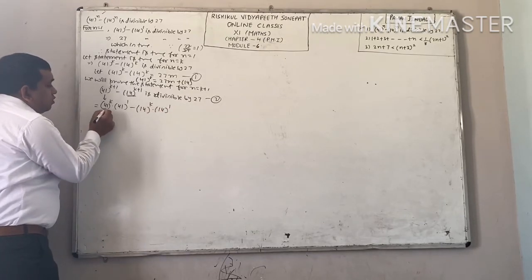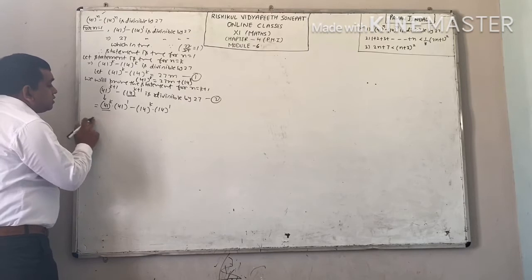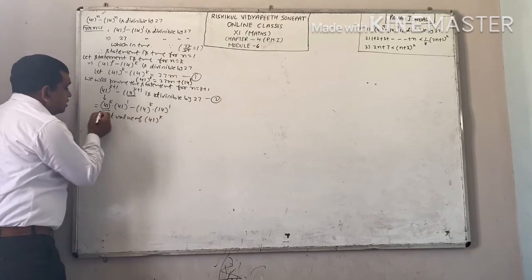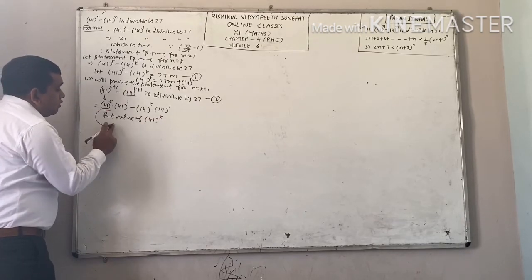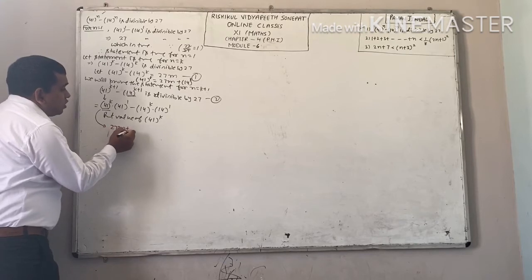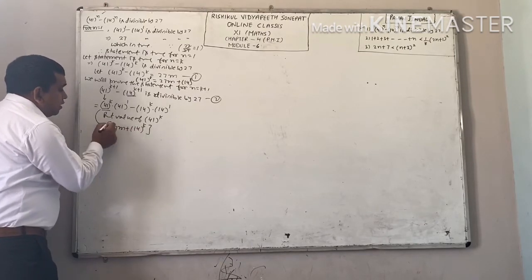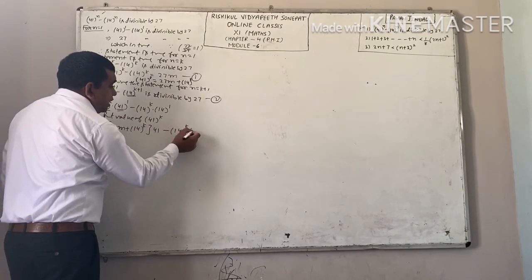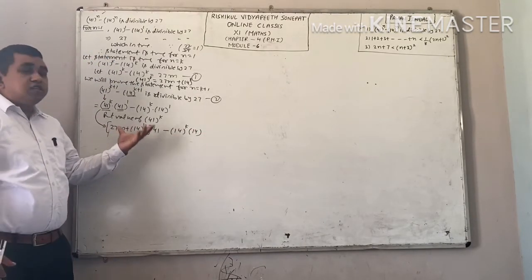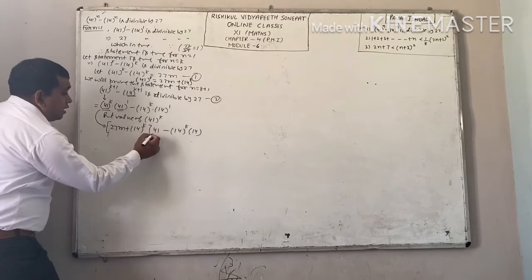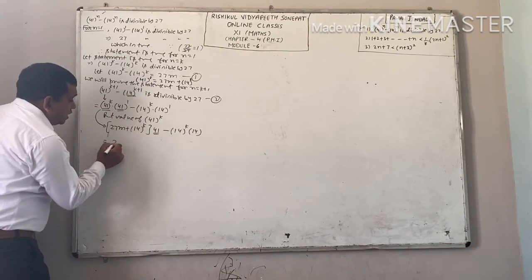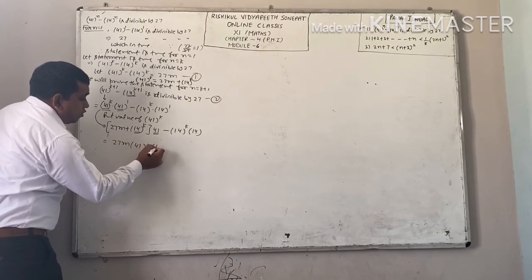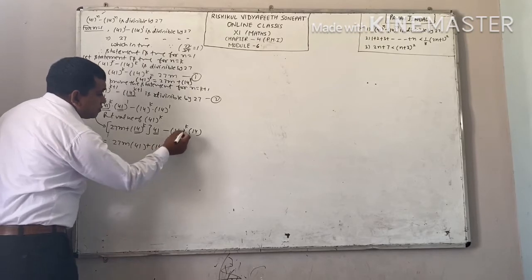Now put value of 41 raised to power k. See what you get. See what it will be. This is your 27m plus 14 raised to power k. This 41 as this, minus this as this. And remember one thing, we have to prove that it is divisible by 27. Now multiplying 41 inside, you will get 27m into 41. Multiply 41 with this term also, you will get 14 raised to power k into 41. This as this.